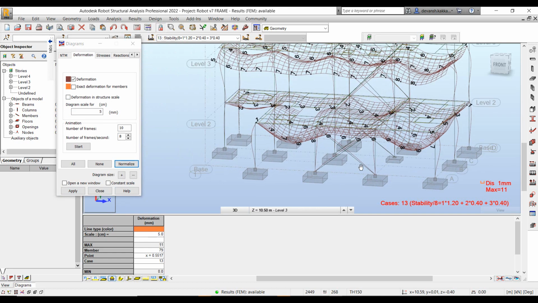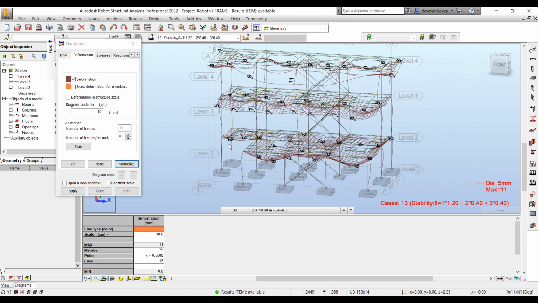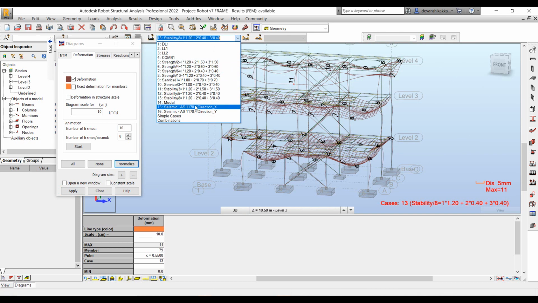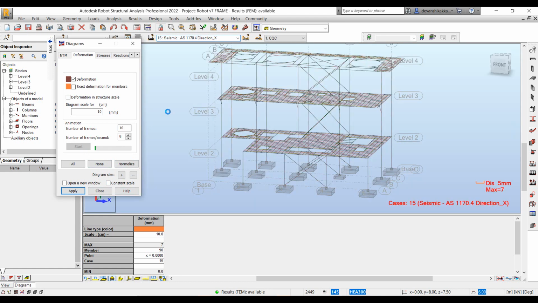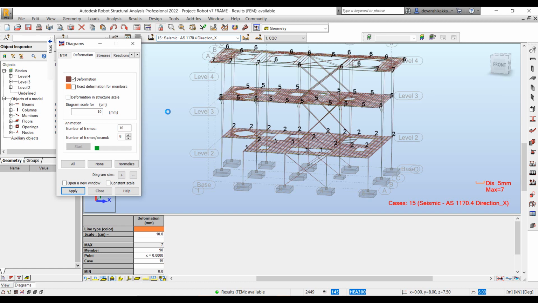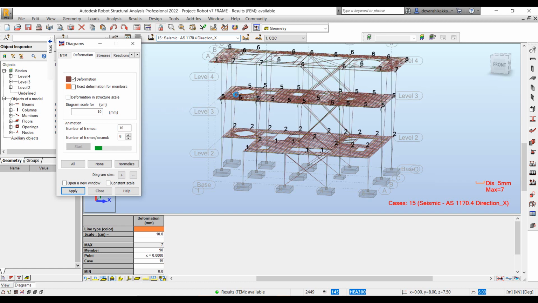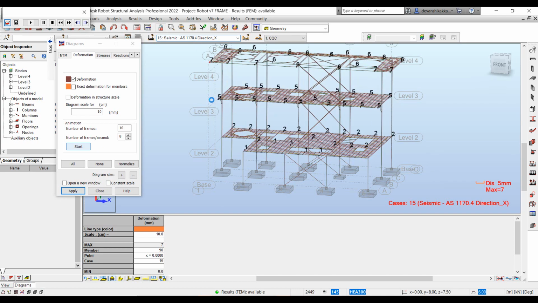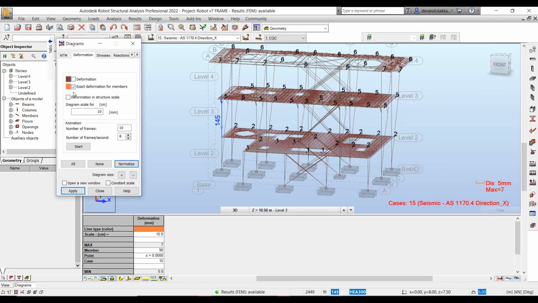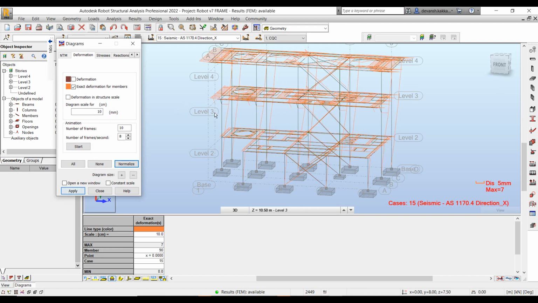Similarly, we can quickly look at the deformed shape of the structure. And again, this is also load case dependent. So as you change the load case to, let's say, a lateral load, such as the seismic load that we defined within our previous video, you can see how the building sways in the x-axis based on that seismic load. And again, you can create an animation out of it, which can then also be saved as an AVI file, which can then be shared with other stakeholders. So it also gives you a quick animation tool to quickly visualize the deformed shape of the structure.